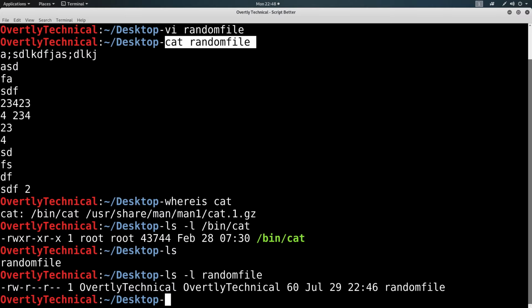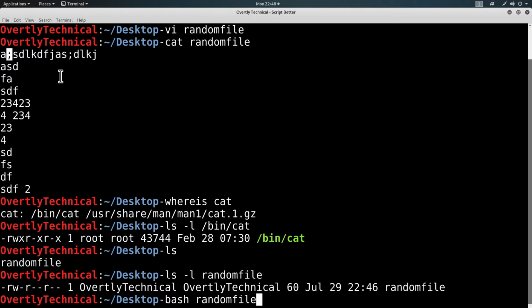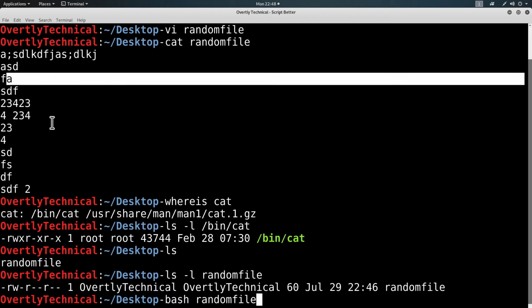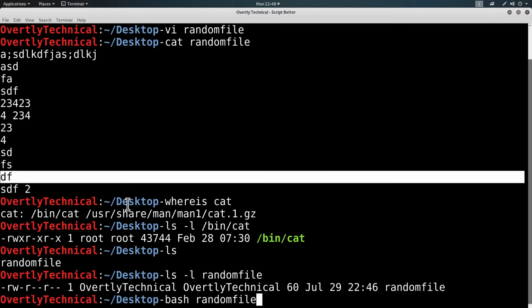Actually, before anything, if I actually try to run that with bash randomfile, obviously, this is not in bash syntax. These characters in bash mean a newline character, which means it's going to try to run this, then it's going to try to run this, and then this. And these are not real commands, or some of them may be, but most of them are not real commands. It's going to break stuff, right? A df isn't going to break stuff. It's an actual command, for instance.